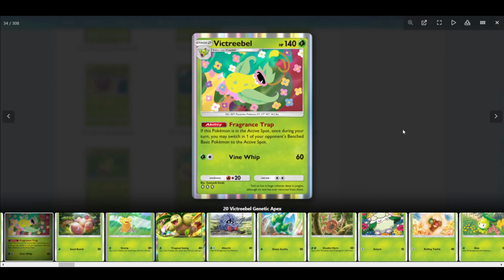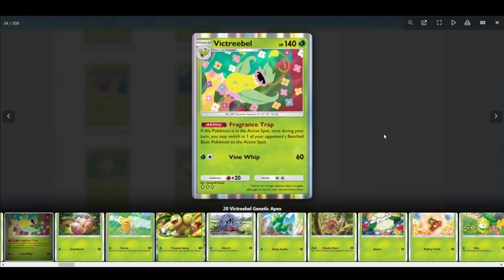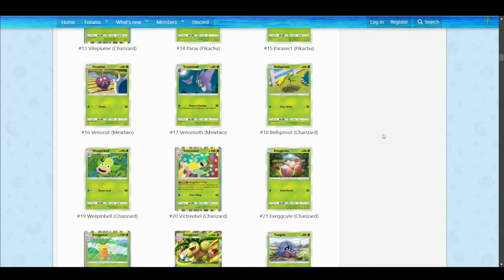So then you could play 2. I think they stack. Do they stack? I actually have no idea if these stack or not. But you could play X Speed, you could retreat. Even if you just play 1, a retreat cost of 1 is certainly fine. Attach, retreat, and Victreebel is just going to be going in, and you could actually just attack for 2 and knock out